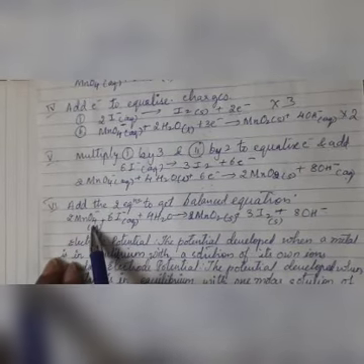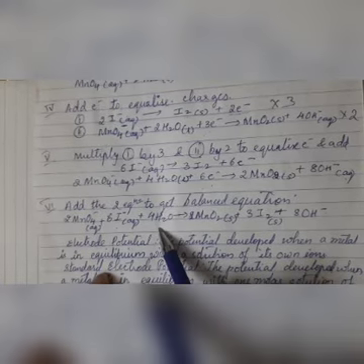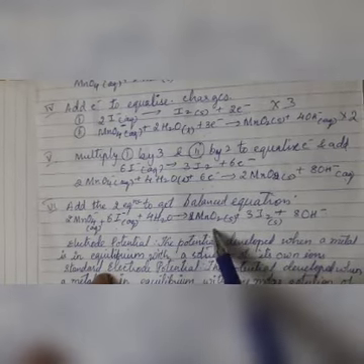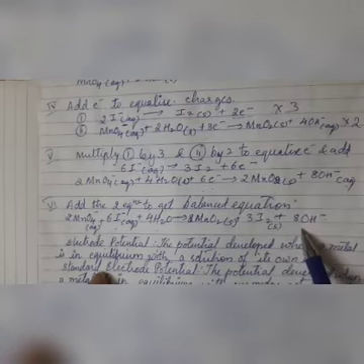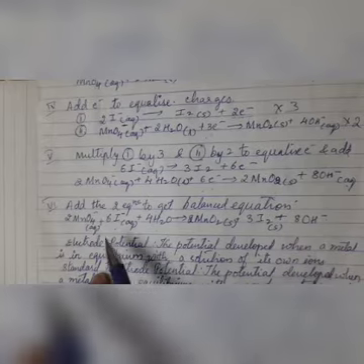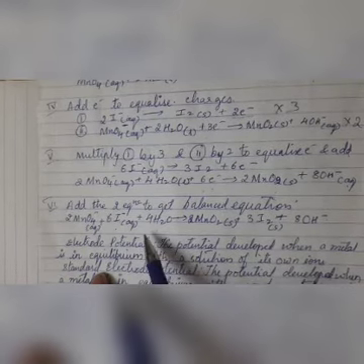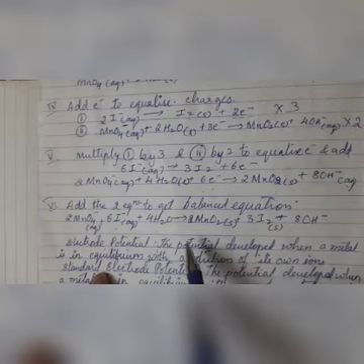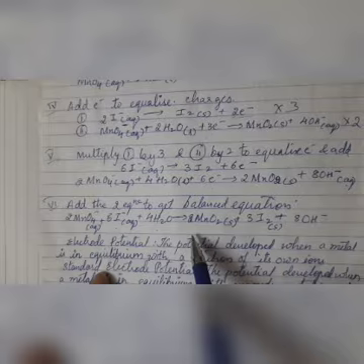2 times of MnO4 minus plus 6 times of I minus plus 4 times of H2O will give you 2 times of MnO2 plus 3 times of I2 plus 8 times of OH minus. And hence you can see that all the atoms are balanced. So this is by the half cell or half reaction method.